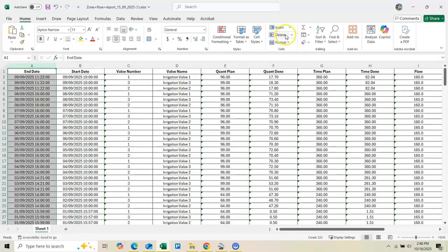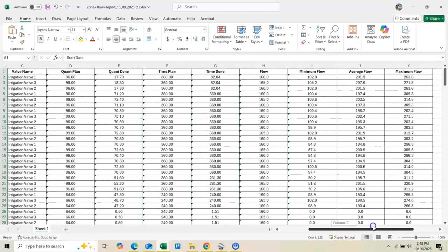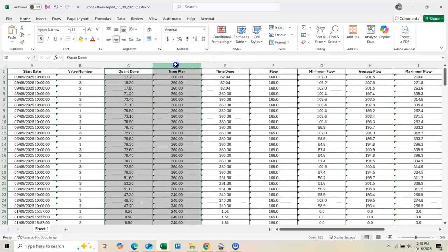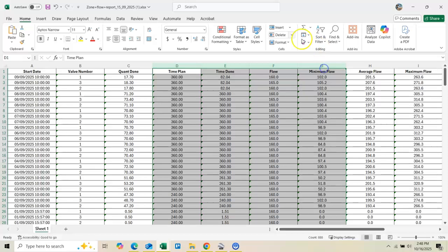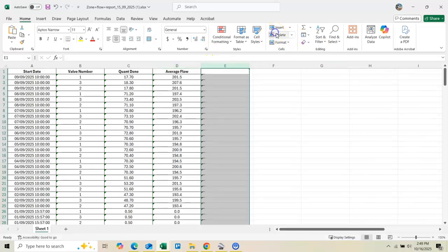So we don't need the end date. We do want the start date, the valve name, or actually just the valve number, the quantity done, as well as the average flow. So I'm going to go ahead and just delete the rest of these out here. This will just get us down to just the information that we need, so we don't have to work with as much stuff. So there again, we want the start date, the valve number, how much quantity was done, and